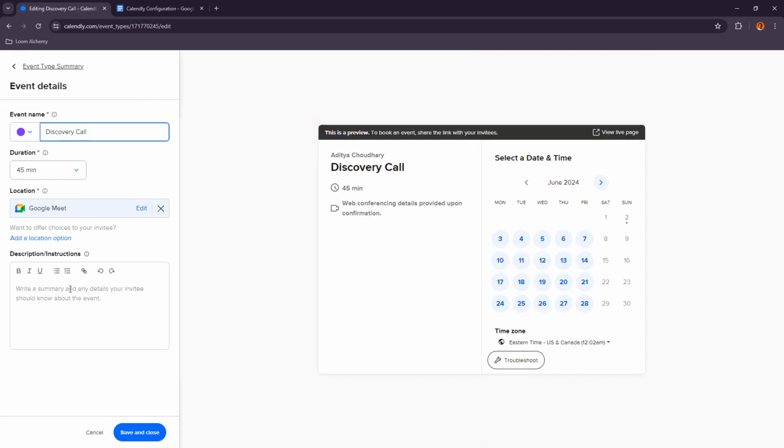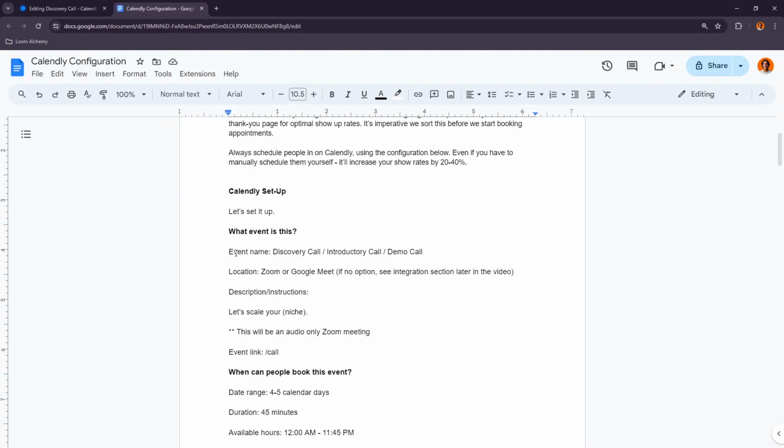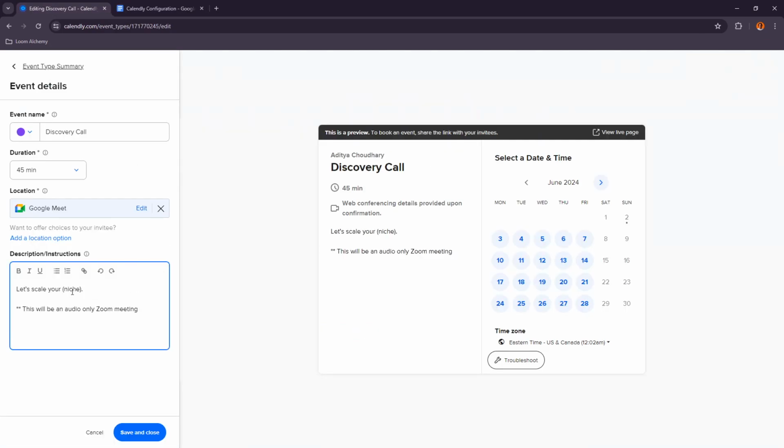Now coming to this event detail. In description, we don't want you to add a lot of things. We just want you to add these two things. Let's scale your niche. So here we can say, let's scale your online business, let's scale your agency, or let's